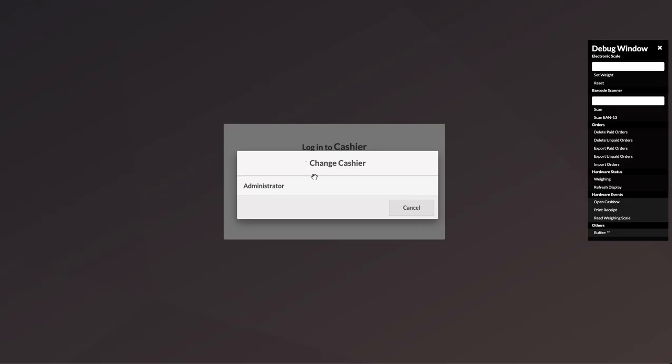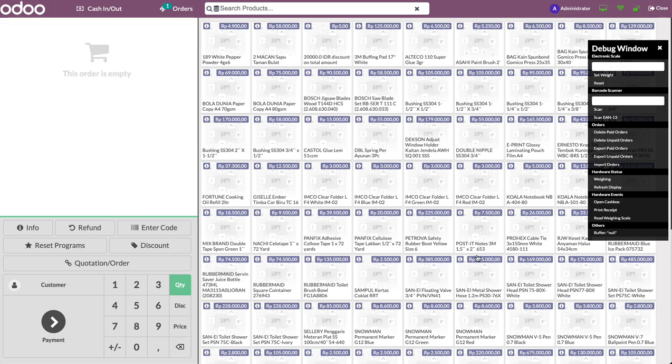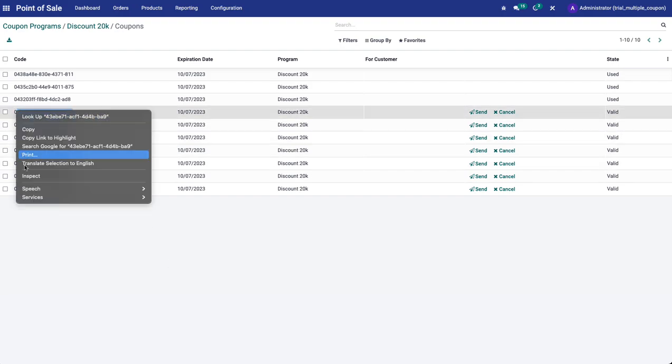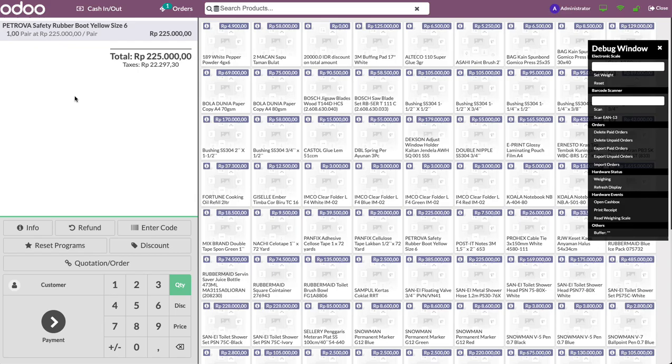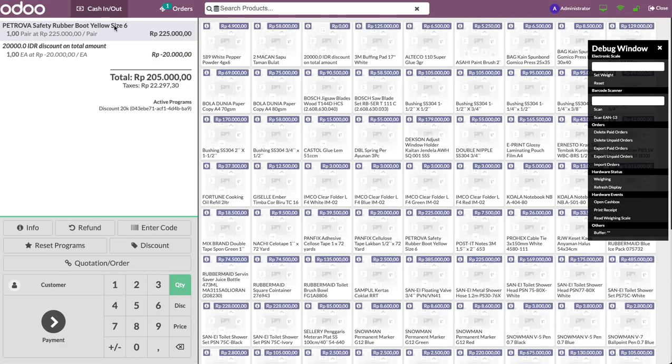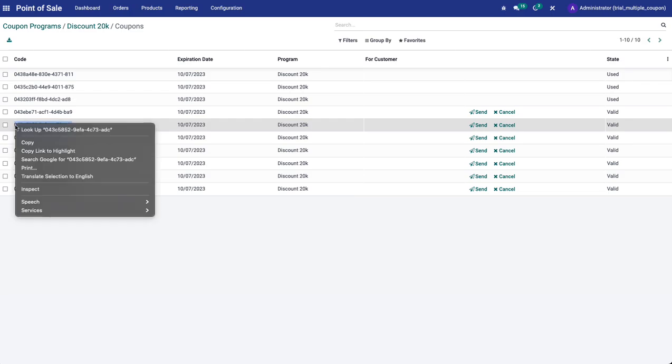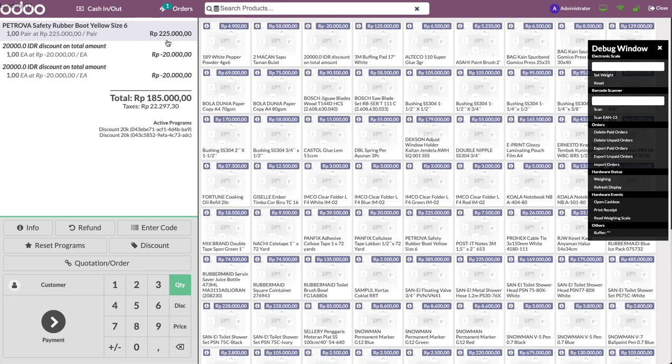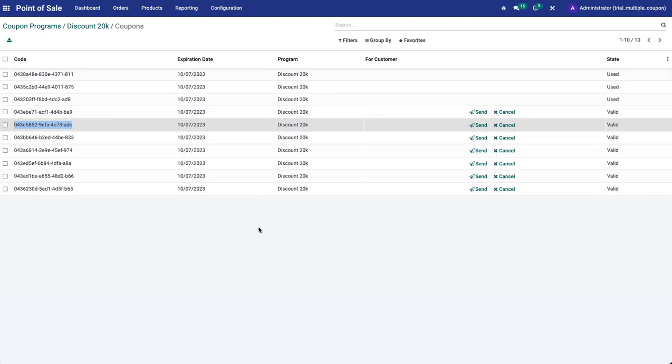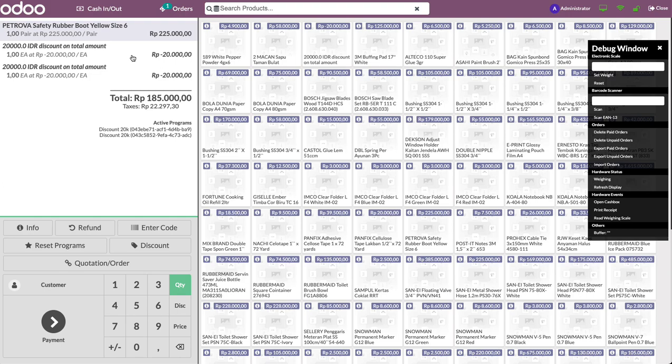Okay, so we will wait until it's done. Let's find another product, say right here, and we want to put this code to the box. Okay, this discount is applied and I want to input this one too. Alright, so you see that we already inputted the two fixed discounts right here. You can put as many as you want inside here, but